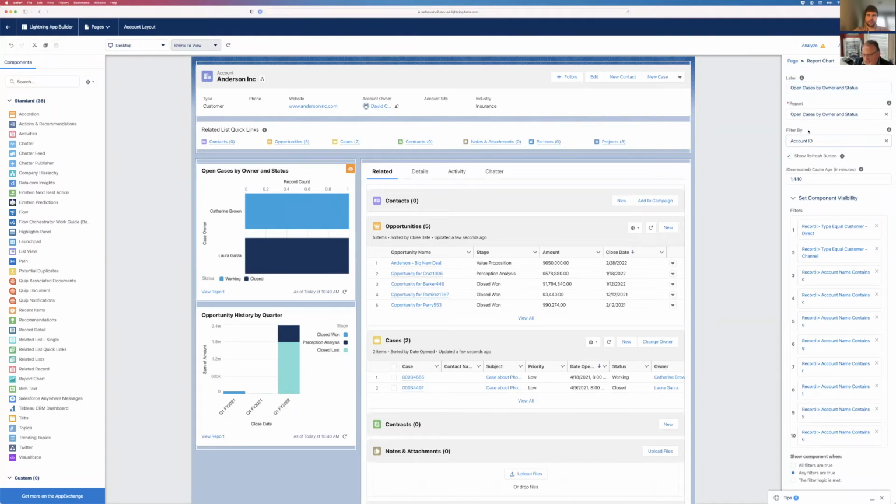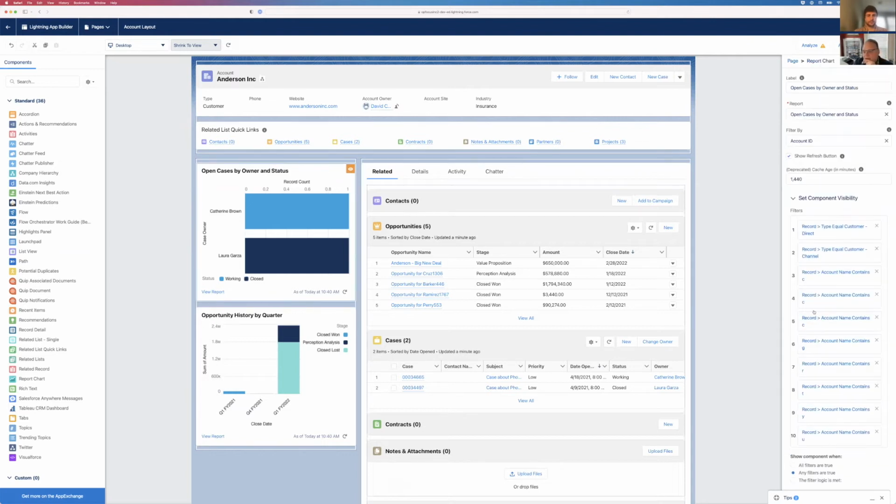Here we can specify to filter by the account ID. The other option is filter by nothing. That would show you all the data on that report related to all accounts in the system, and there may be a reason for that. We could use a contact's account ID. We can also use that parent account ID, and that was the example with Habitat for Humanity, where we have local offices and then a regional office that we want to show the parent data for. So we have all of those choices, but then you can see down,